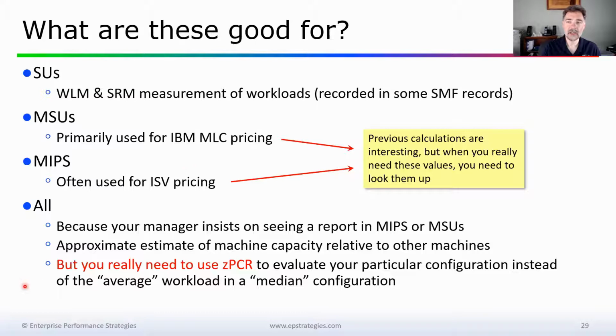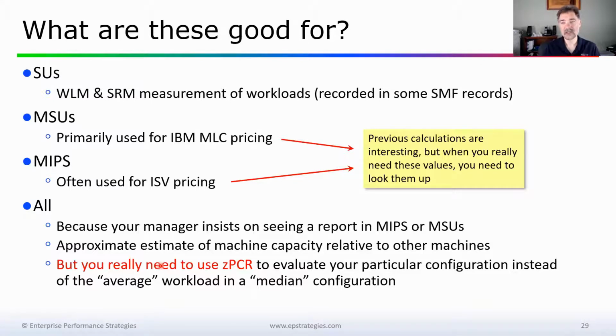And all of this is because, perhaps, your manager just insists on seeing a report in MIPS or MSUs. They all approximate an estimate of machine capacity relative to other machines. Again, I must stress that if you are doing capacity planning, planning an upgrade from machine A to machine B, please use zPCR, input your LPAR configuration to get a better, more accurate understanding of what the